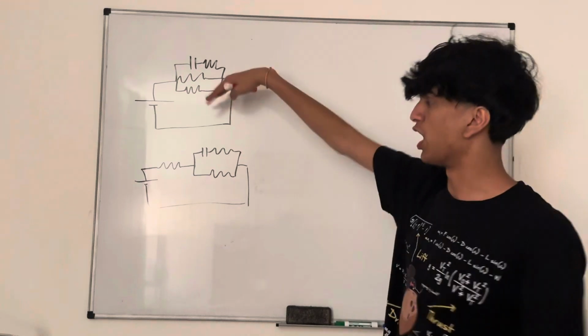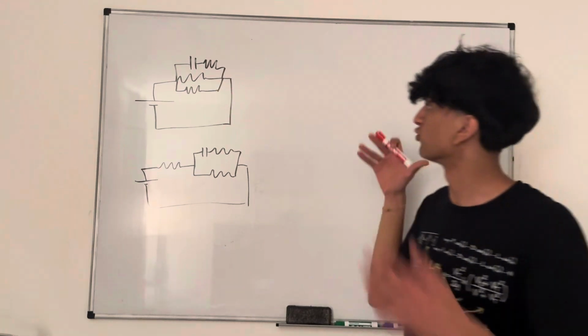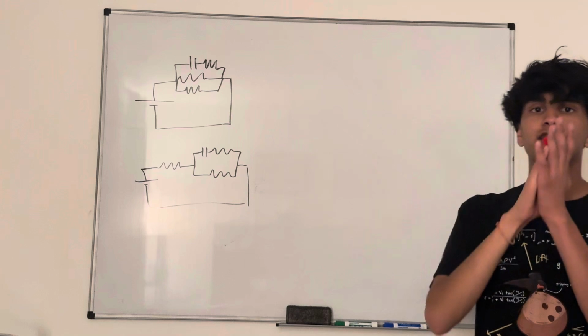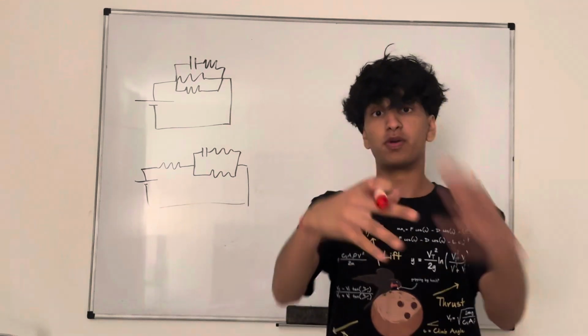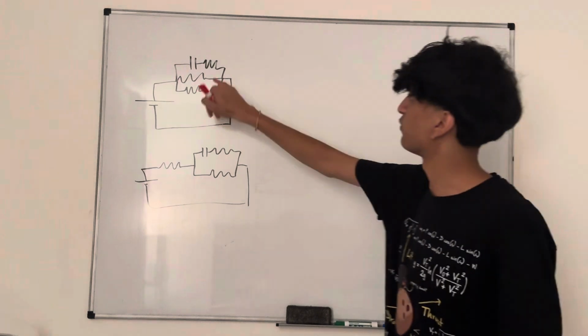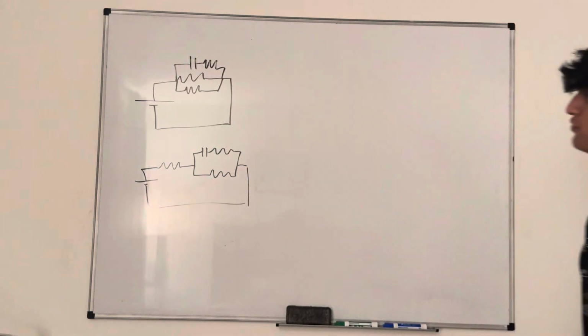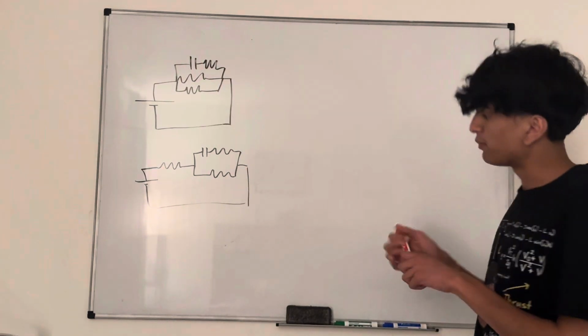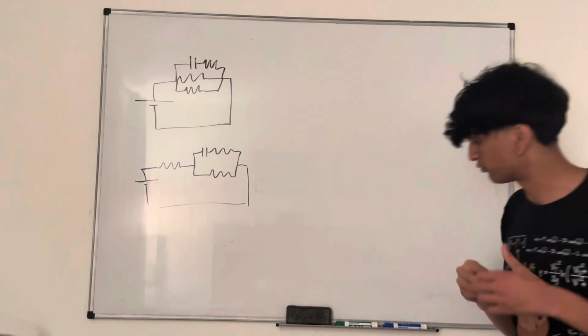For this first one, it asks you, when you first connect it, what are the brightnesses of these light bulbs, and I drew them as resistors. What are the brightnesses going to be? And after a long time, what will the brightnesses look like? You see these three resistors in parallel, but one of them has a capacitor in front of it. And hopefully what you can remember from the last lab was that